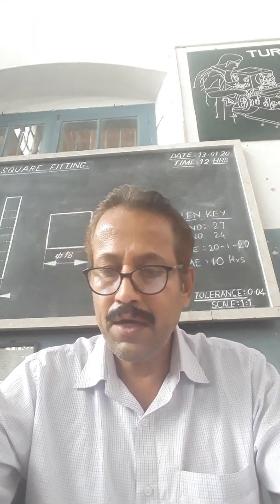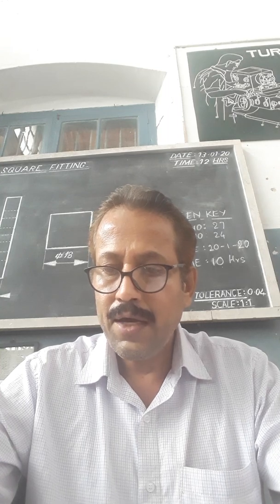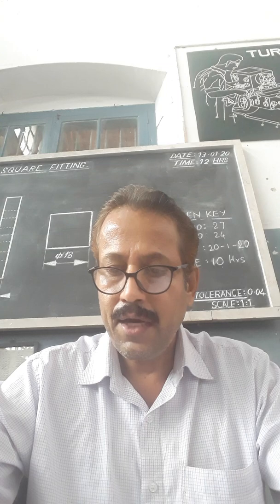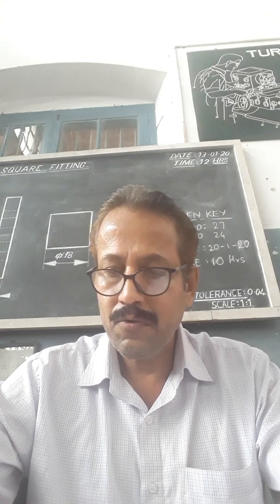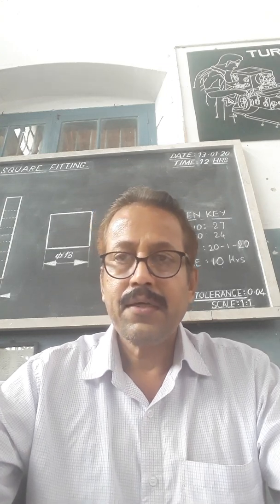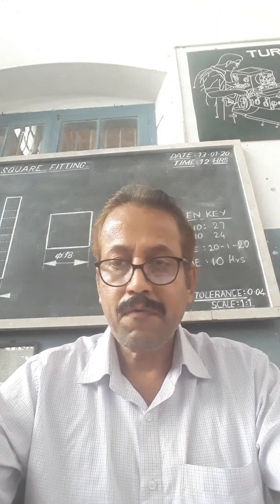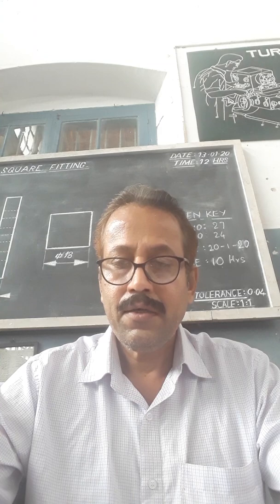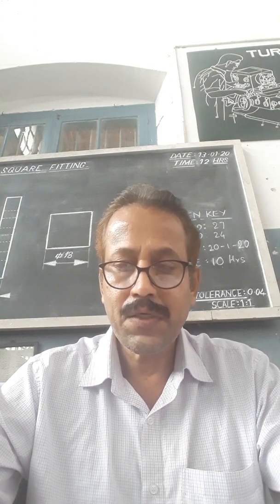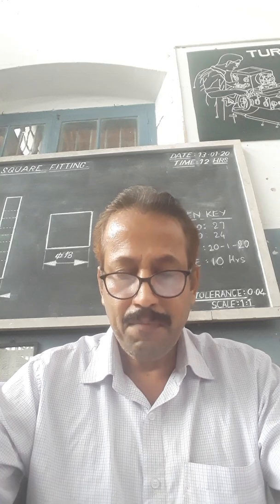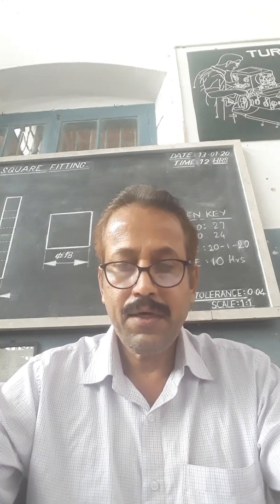Feather keys are parallel keys with rounded ends. This is useful when the hub or pulley has to slide axially on the shaft to some distance. This key may be either tightly fitted in the keyway or screwed in. The feather key is a thin key. It is cut in the middle of the shaft as per the shape of the key. Similarly, the groove is cut in the hub, and some portion of the key sits in the hub, so that keyway is also cut.